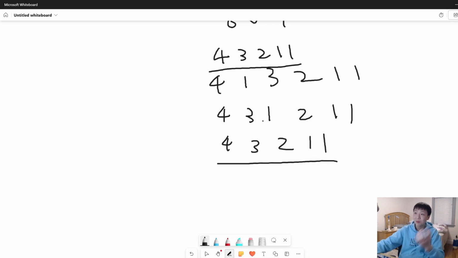What does that mean? That means that when we move the 3 up, that doesn't really do much. So is there a better way? Is there a better swap that can actually do something? Well,